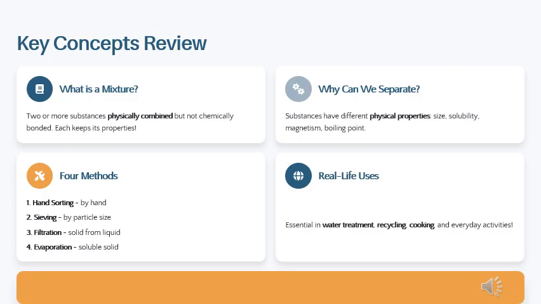Substances have different physical properties: size, solubility, magnetism, boiling point. The 4 methods we went over were hand sorting, sieving, filtration, and evaporation. Hand sorting is the use of our hands, and sieving separates the different particle sizes.